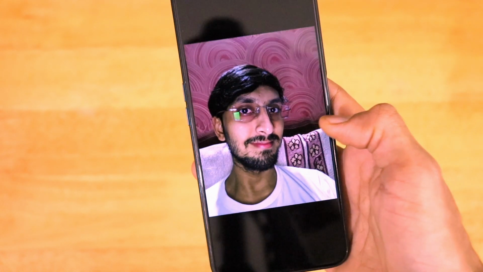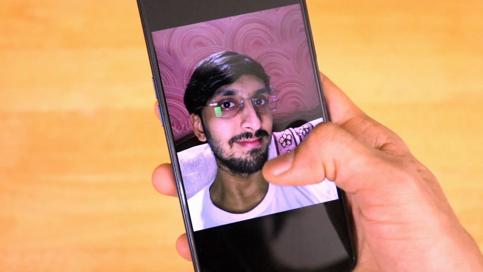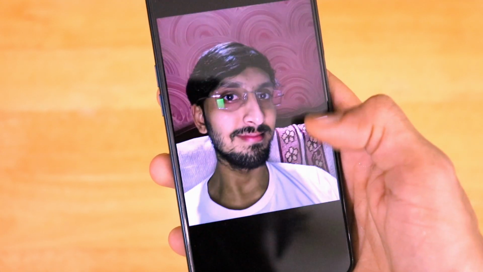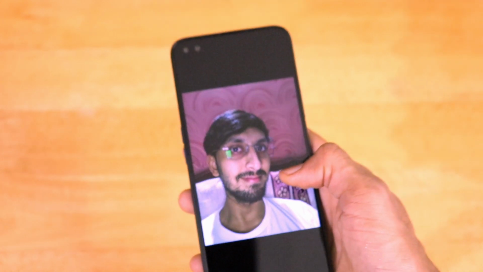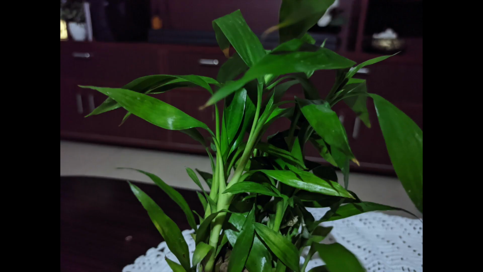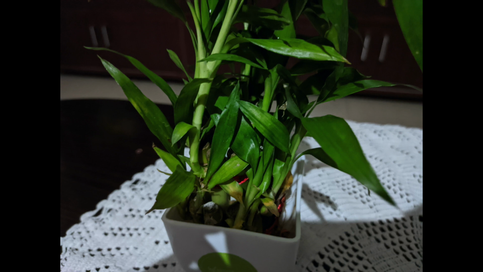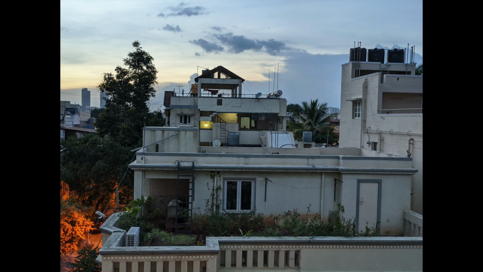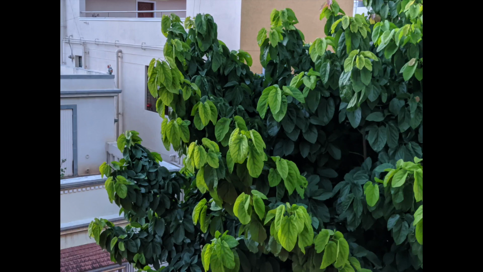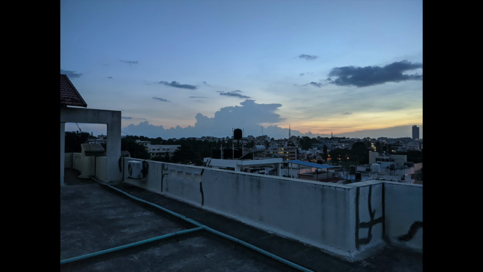But the same photo I took on the Gcam, as you can see, the natural skin tone, the natural color of the wall, the sofa, the beard, the shirt color, everything looks natural. So the colors are on point on Gcam. Despite installing the Gcam on the Realme X3, the results I got were not extraordinary or overwhelming. The results from the normal camera and from the Gcam had somewhere around 30 to 40% of difference. That's it. Overall, the colors were improved. The colors looked natural and not washed out. The skin tones looked really balanced in the Gcam versus the normal camera.